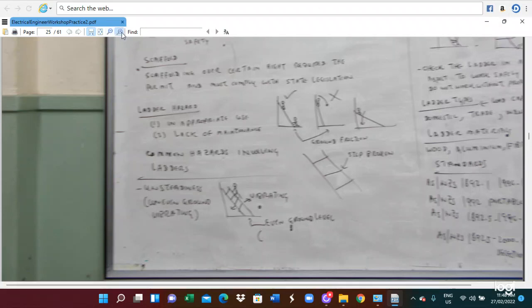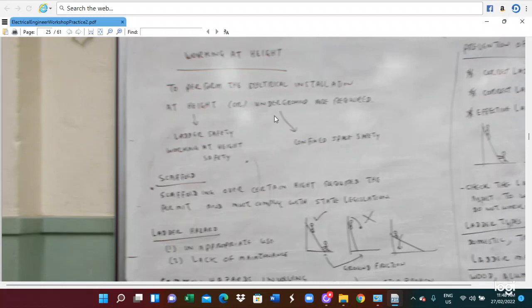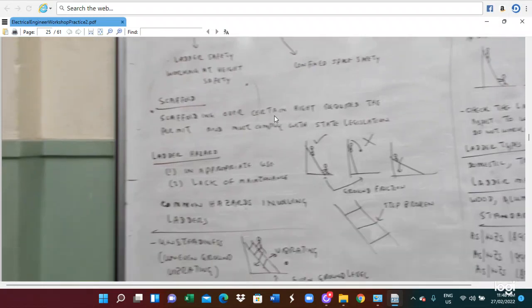Now we are talking about working at height. When you are working at height, we have to utilize a